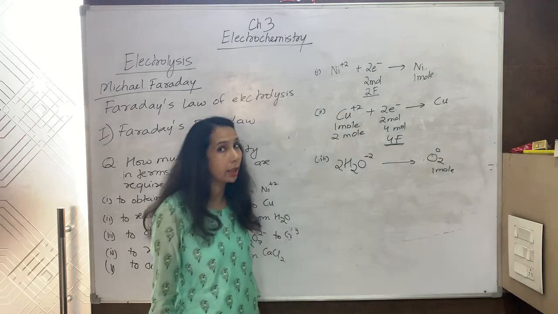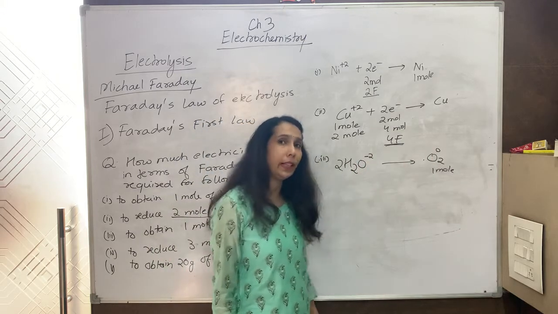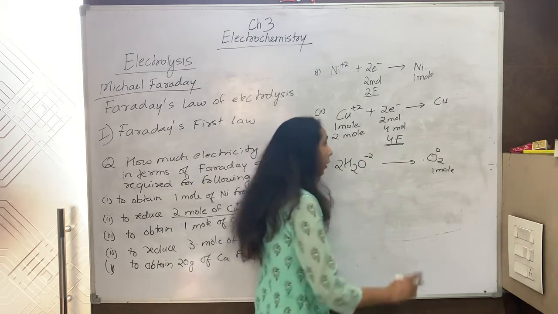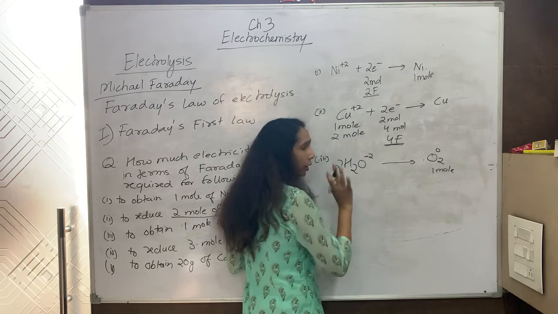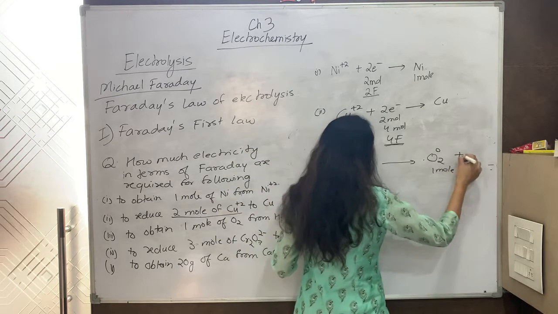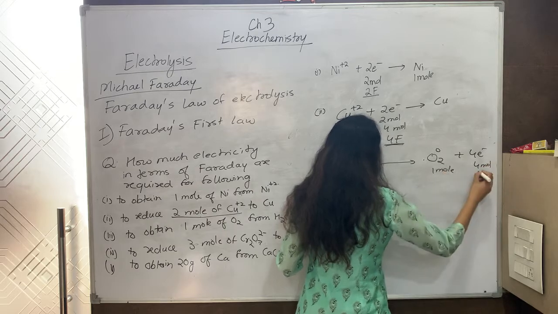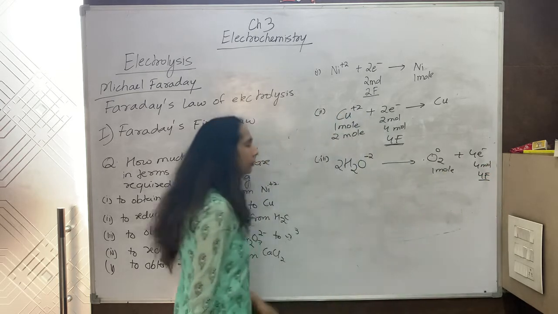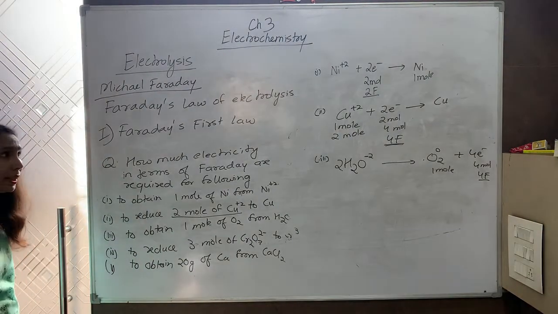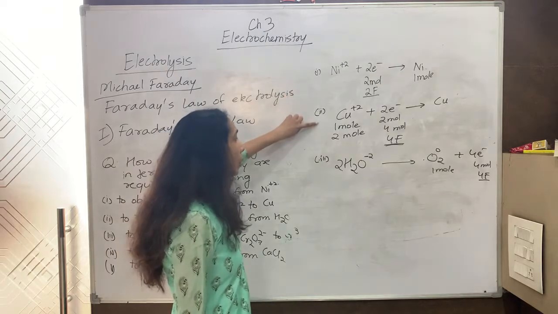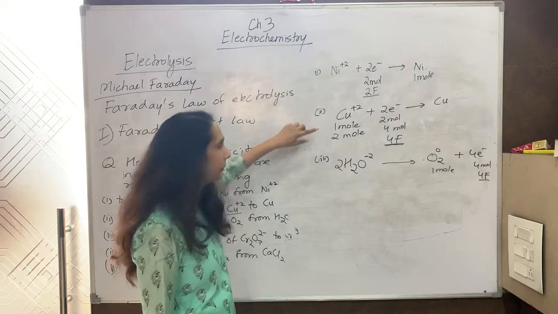From -2 you are going to 0. In O2 the charge is 0. You have done redox reactions. So -2 to 0. How many electrons to be removed? 2 for 1 oxygen. But how many oxygens are there? -2 on 1, 2 oxygens it is -4. So -4 to 0, 4 electrons. 4 electrons means 4 mole. So for 1 mole of O2 you require 4 Faraday. This is the answer. This is an oxidation reaction. The ones we were writing before were reduction reactions. So you have to judge what it is, oxidation or reduction.